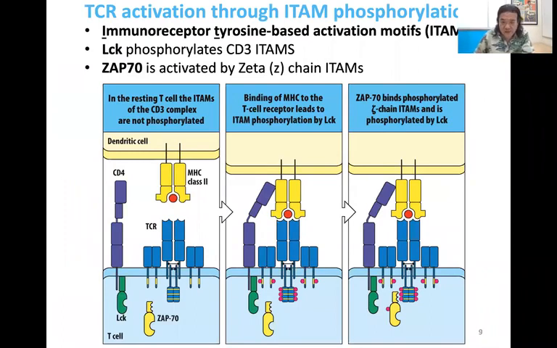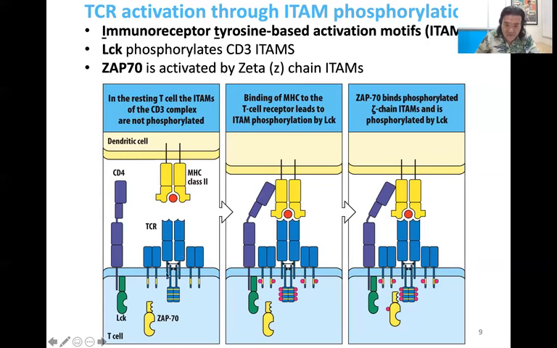How do these receptors then begin to signal? So here we see the same illustration again, but kind of flipped upside down. So now the dendritic cell is on the top, showing the red dot on MHC class 2. And then at the bottom is the naive T cell with its T cell receptor complex. Here's the CD4. So the way this works is, remember I taught you that the T cell receptor alpha and beta chains